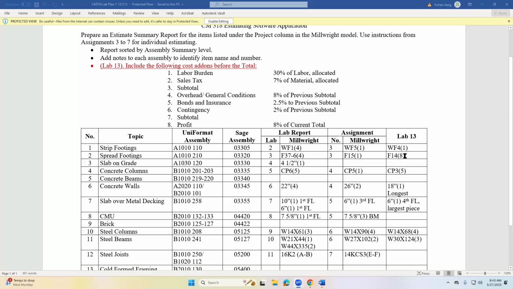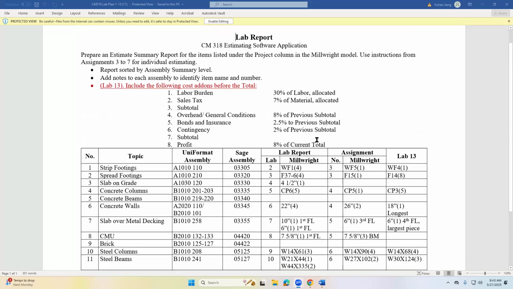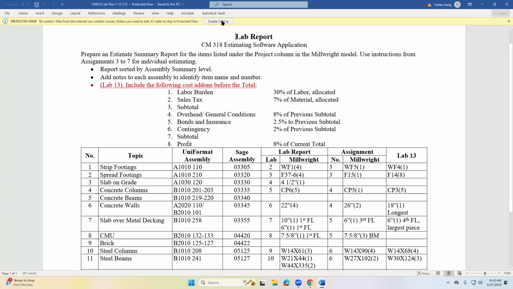Since we don't have stage. So all right,